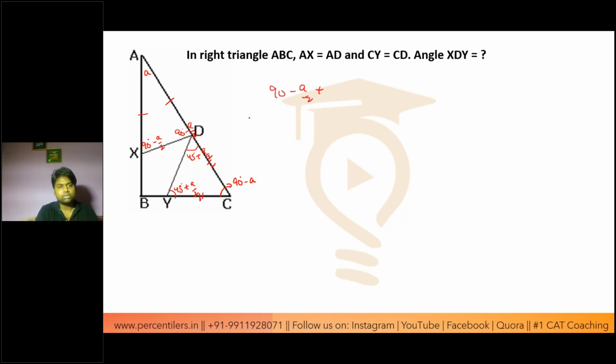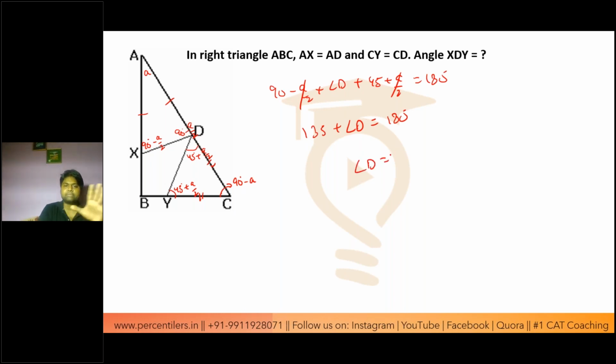90 minus A by 2 plus angle D plus 45 plus A by 2. घूम फिर के हुआ क्या? वही हुआ, 135 plus angle D is equal to 180 degree. So it is very much the same thing. It's just that instead of, when my point is, in सारे questions